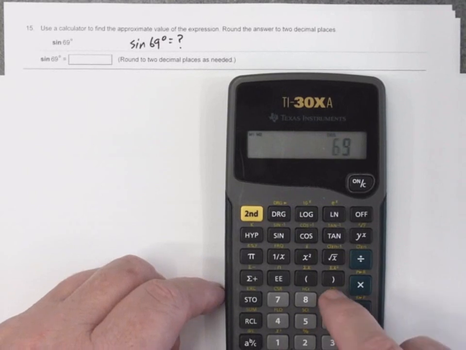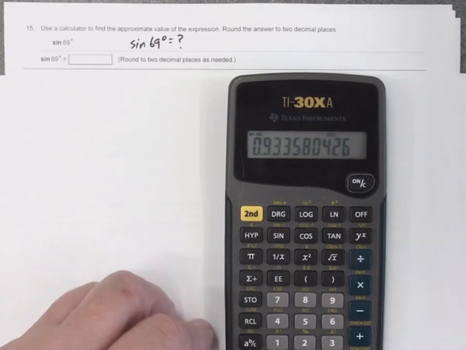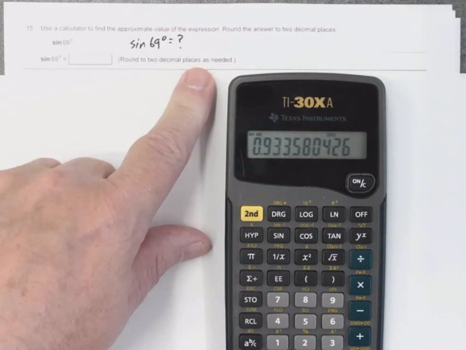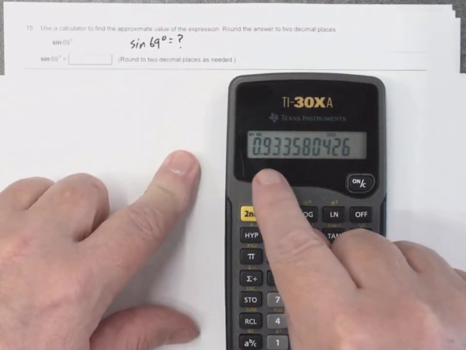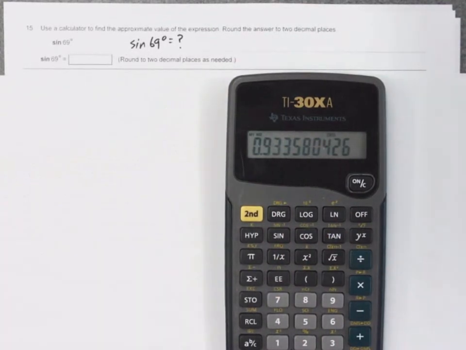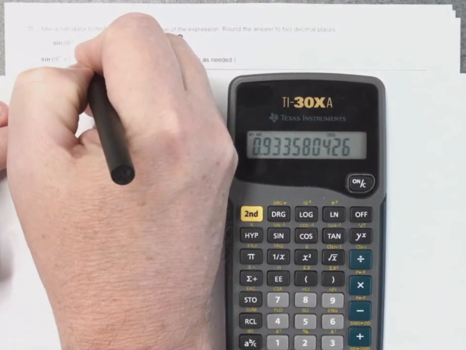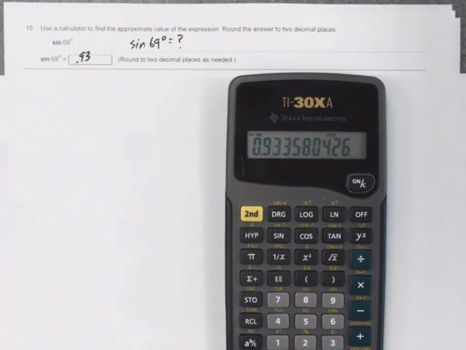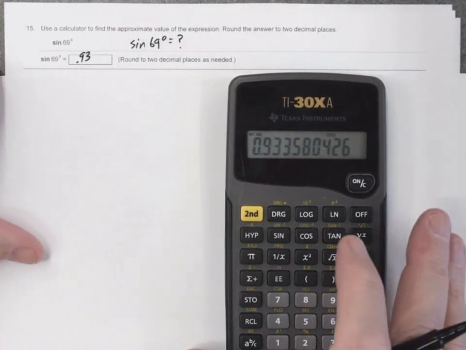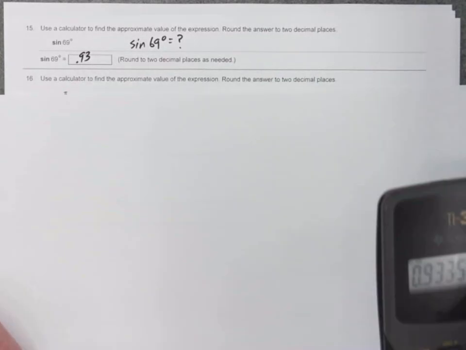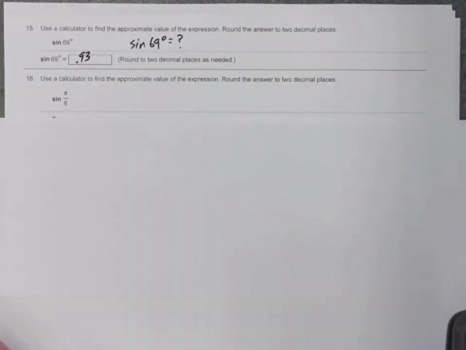I put in 69, and I hit my sine key. And this says round to 2 decimal places, 0.933. Well, .93. Maybe the easiest problem you'll have this whole class. Next one's similar,